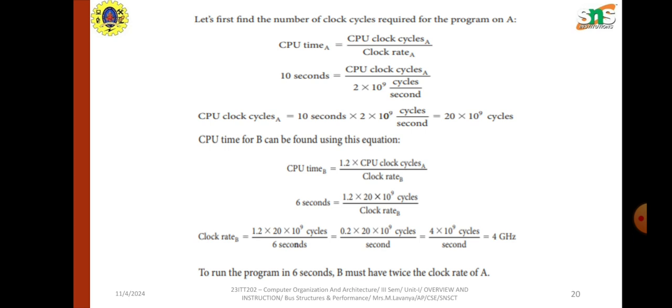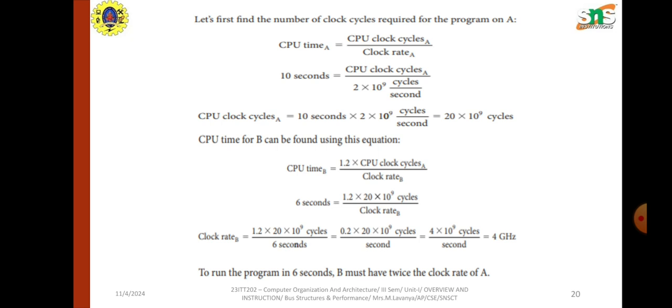In the same way, while substituting for system B, the CPU time has to be 6 seconds execution time. So 6 equals 1.2 times, since it must require more cycles than A. So it is given as 1.2 into CPU clock cycles of A divided by clock rate of B. So in such a way, while inverting this, we know the value